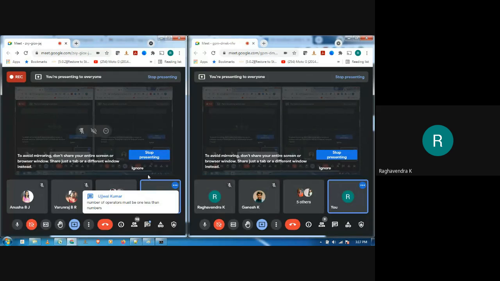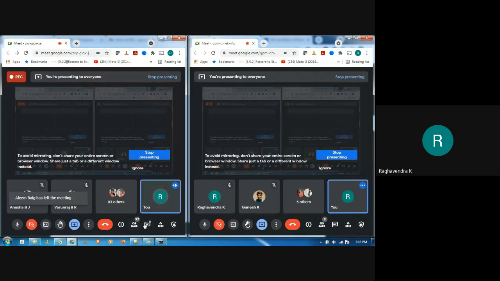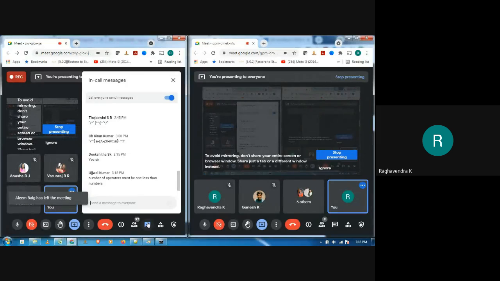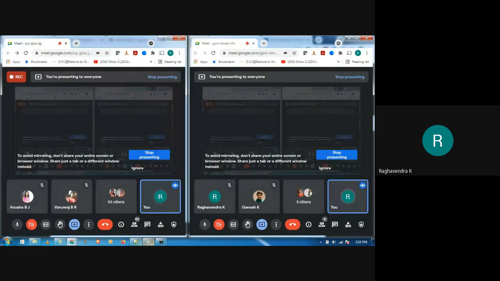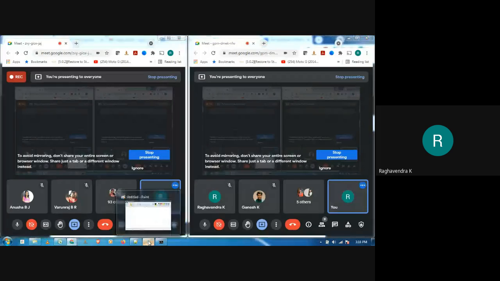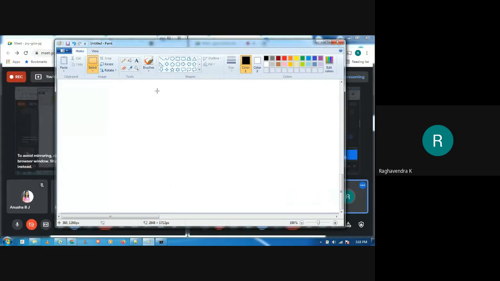One of the answers: the number of operators must be 1 less than the number of operands, right? Yes, you're right. We are talking about operators and operands, and specifically about operators like plus, minus, star, and slash.